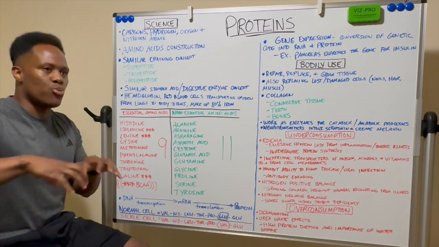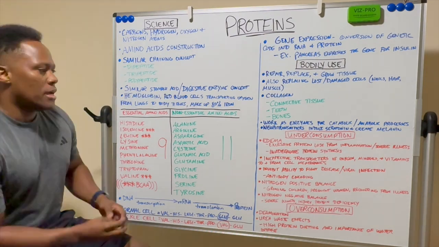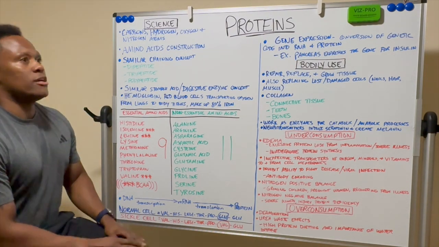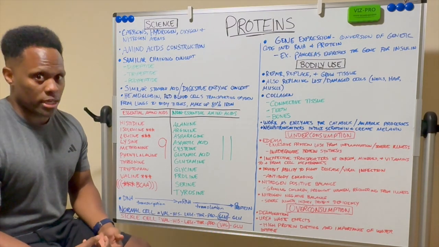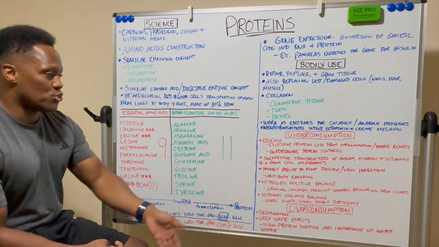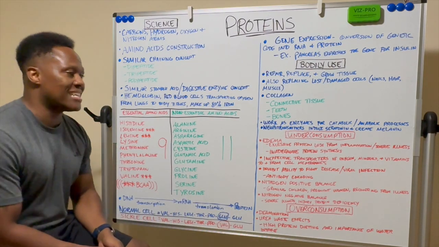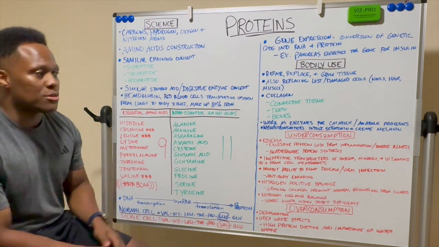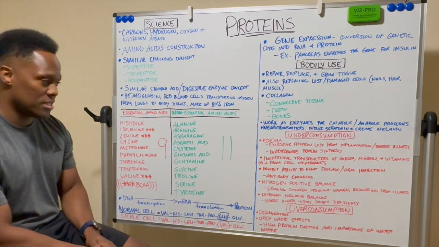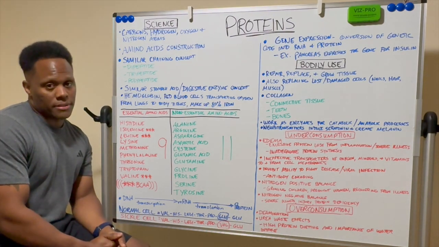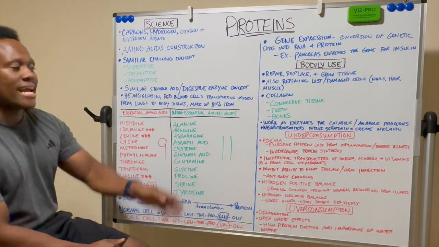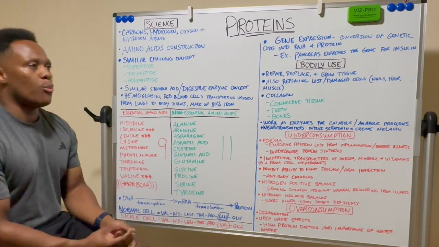They leak in between the space between your cells. And because of that, you end up getting swelling in your tissues, right? Because there's fluid buildup at that point. That fluid buildup causes swelling in your tissues, and then you end up with excessive protein loss from inflammation and severe illness. And then you also have inadequate protein synthesis because of it. All right. And that can come anyway, even if you don't end up with edema.